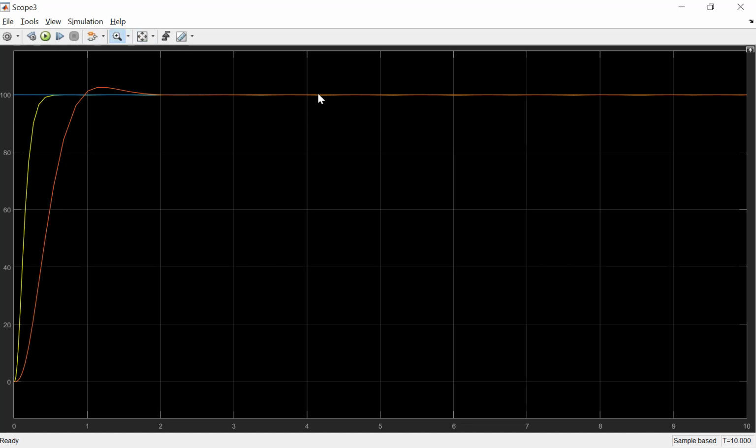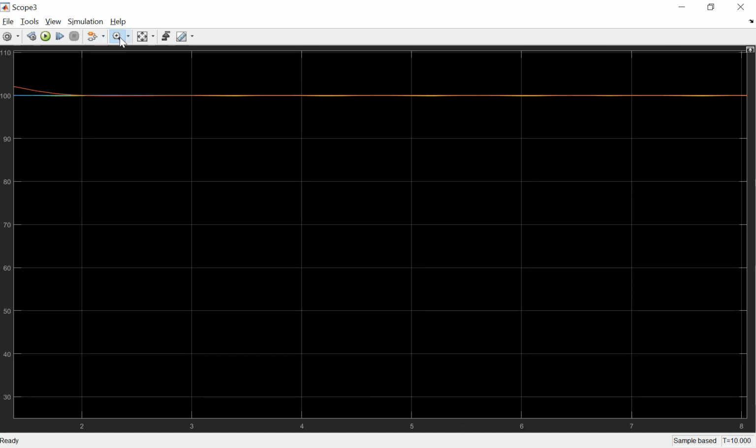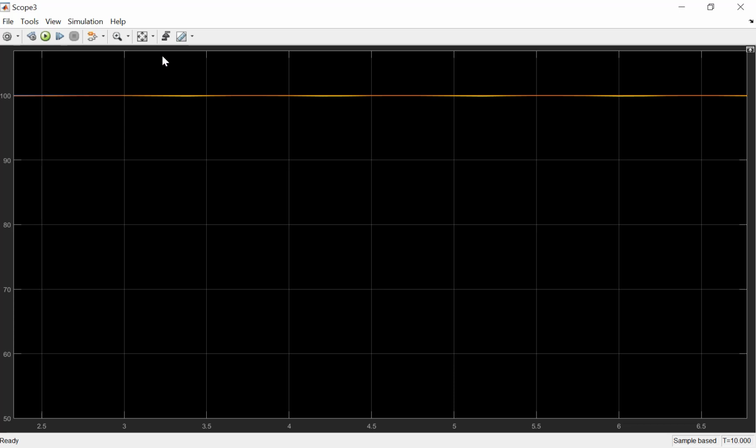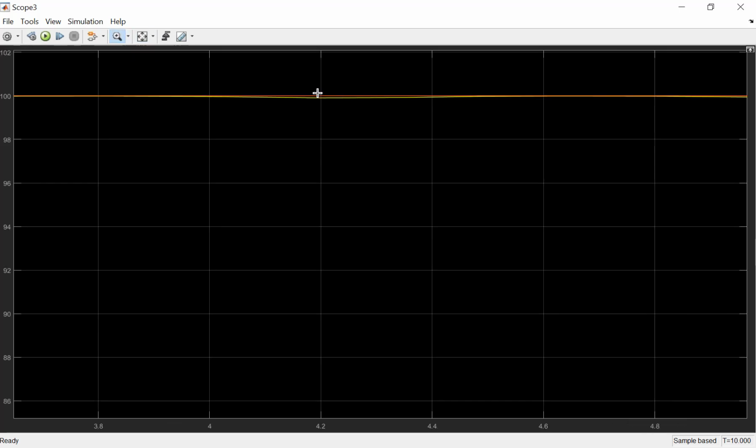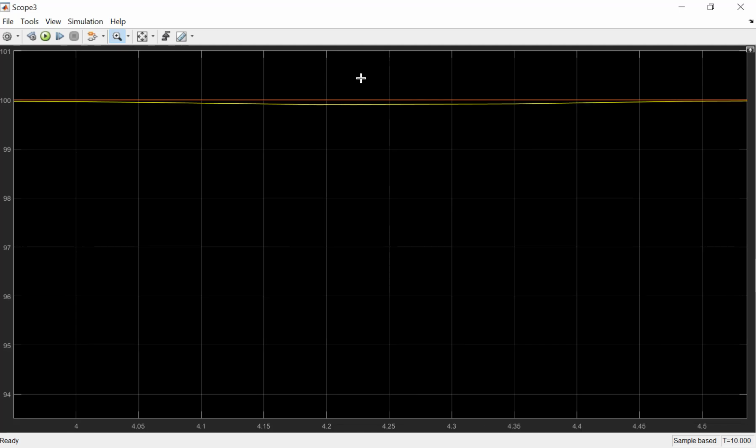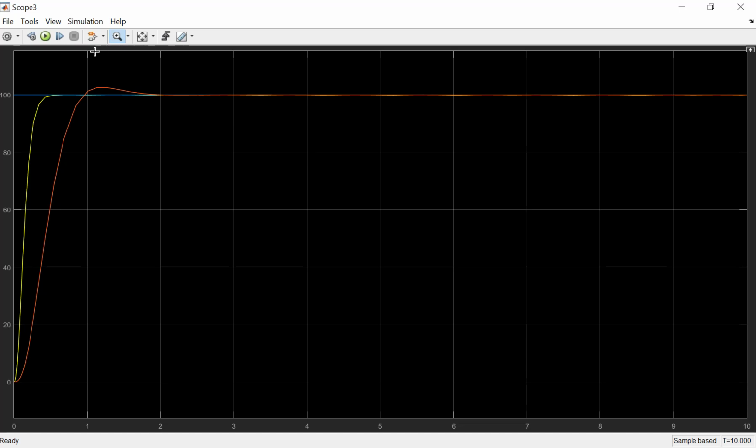You can see a little bit of oscillation. There is oscillation here for the pole placement.